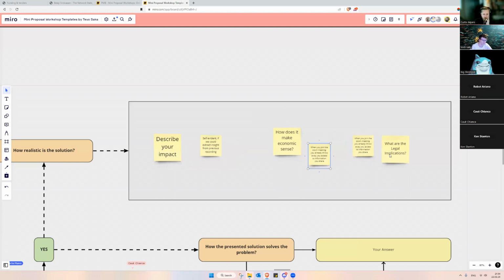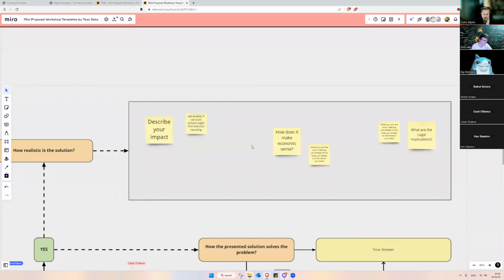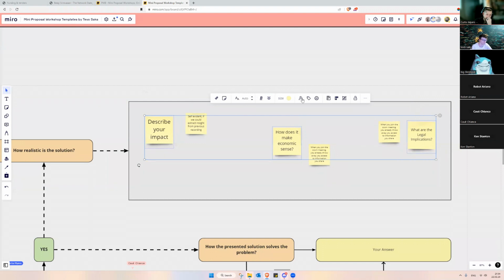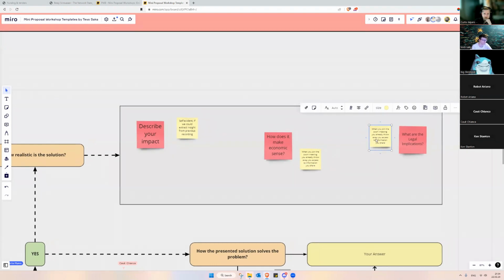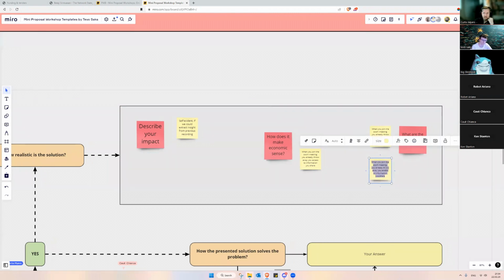Definitely some of our main hurdles right now is the economic sense, like you said. And I will add a little bit to the legal implications. We are still concerned with GDPR and SOC. Reason being is, yes, they've accepted by user agreement that this information is public and therefore shouldn't contain GDPR and SOC.